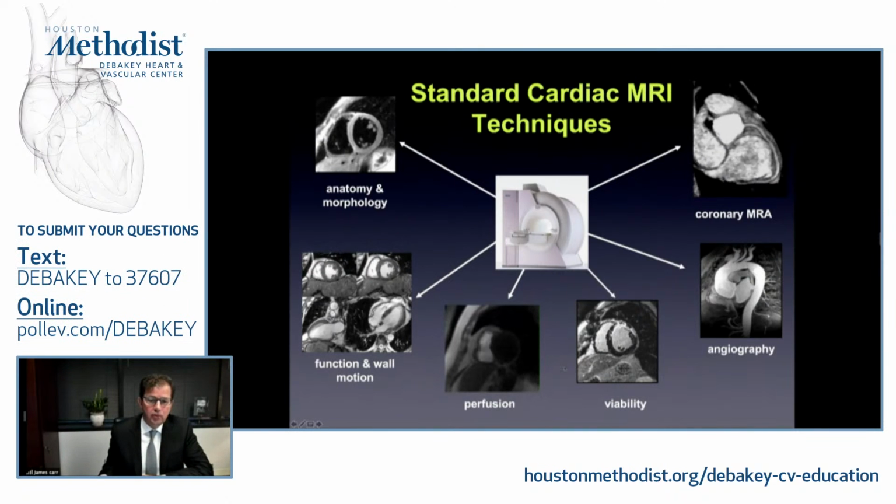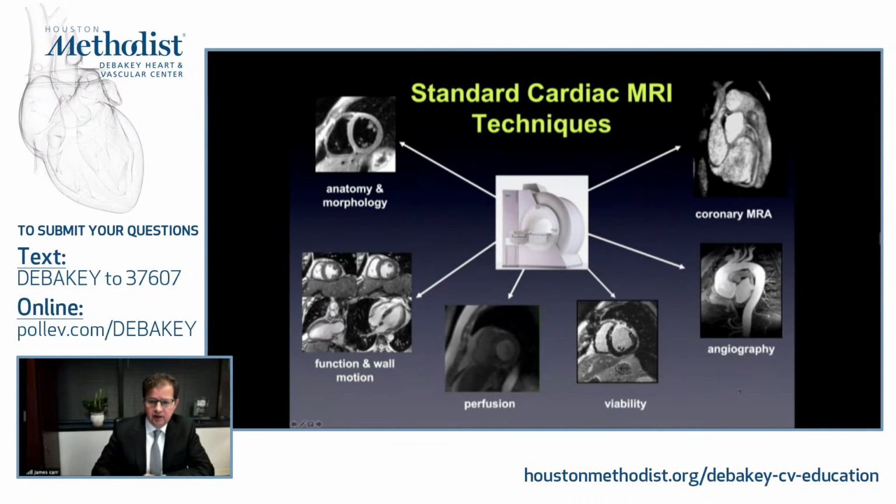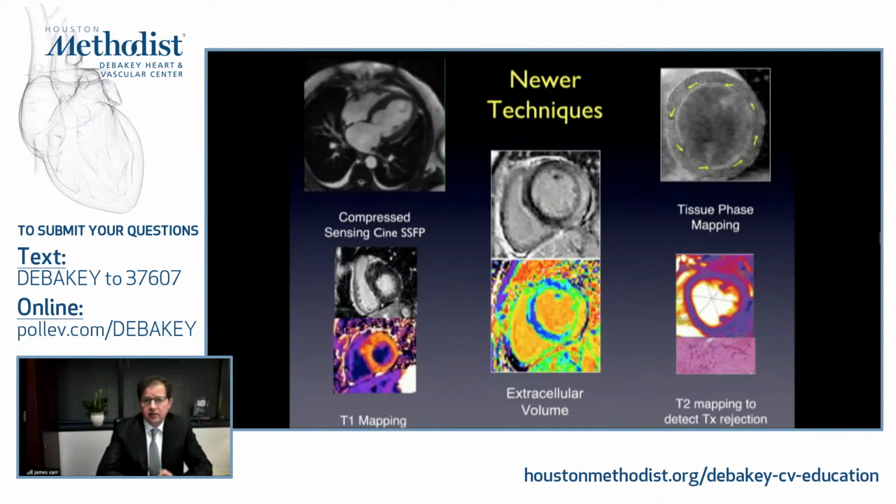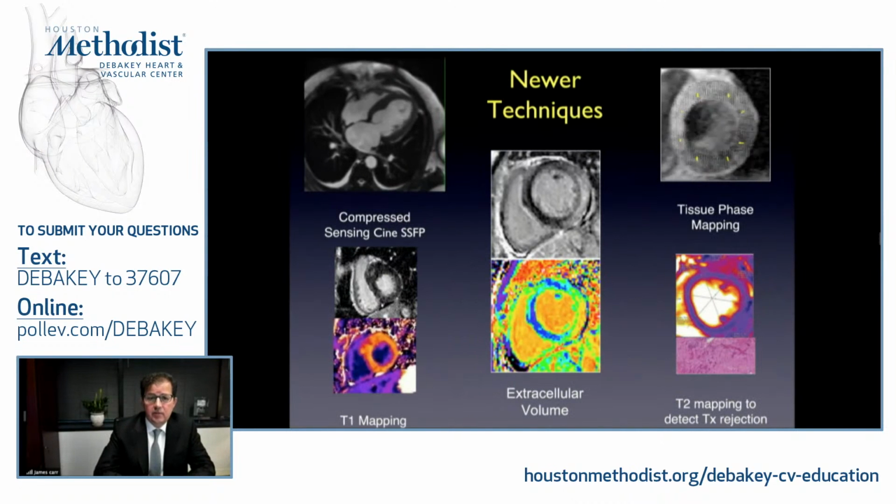We can also incorporate perfusion imaging in here to look for ischemia, more traditionally due to atherosclerotic disease. And then we can add on any of these other tests, so angiography here for looking at the aorta or even looking at the coronaries. And we can even look at the anatomy in greater detail with some of these techniques here. So this would be more conventional cardiac MRI, and we use this for many of these other routine indications currently outside of heart transplantation. In more recent years, we've seen a number of newer techniques become available, and these are